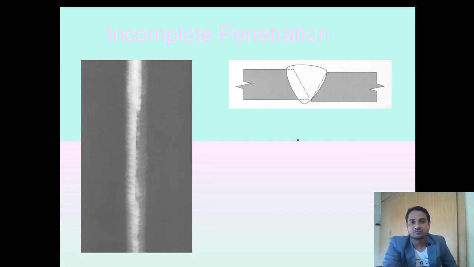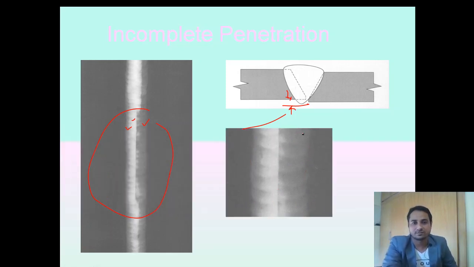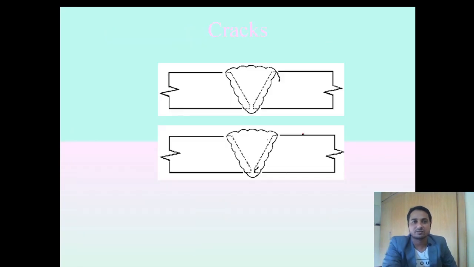Then this is due to mismatch and incomplete penetration. Also, if one side is darker and one is lighter, there is a mismatch also, which we can see. There is a mismatch, means the faces are at a certain distance. This is not properly fit up. So this is a mismatch and incomplete penetration.